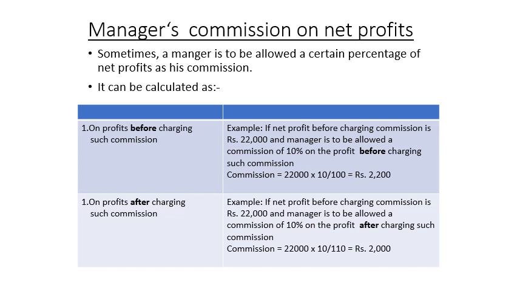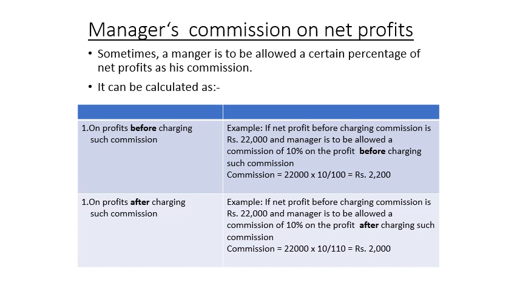Like the example listed here, if the net profit before charging commission is 22,000, it means the rate is applying on the before profit, which is already given. So the manager's commission of 10% is to be applied on the profit before charging commission. Directly the rate will be applied on the profit, like the 22,000, and the rate will be applied 10%. The result will come like 2,200. This is a very simple formula and anybody can calculate very easily.